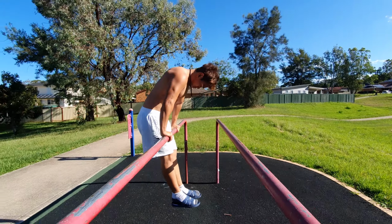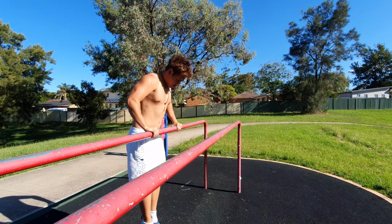Number 6, bodybuilding-esque workouts. One of the biggest revelations I had when it came to putting on size and building muscle, well, I started from 45 kilos and now I'm currently 66 to 67. 67 on a good day if I'm eating a lot. But what I started doing was training like a bodybuilder, which is incorporating supersets, drop sets, straight sets, and really